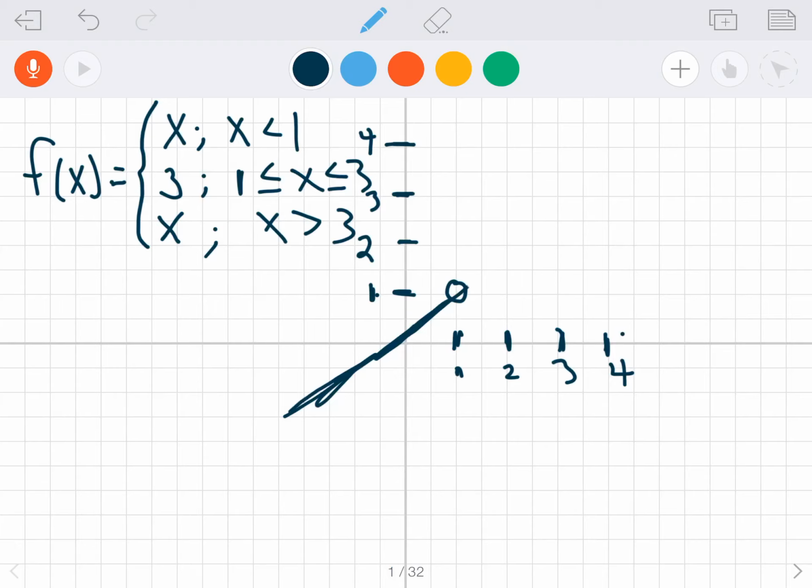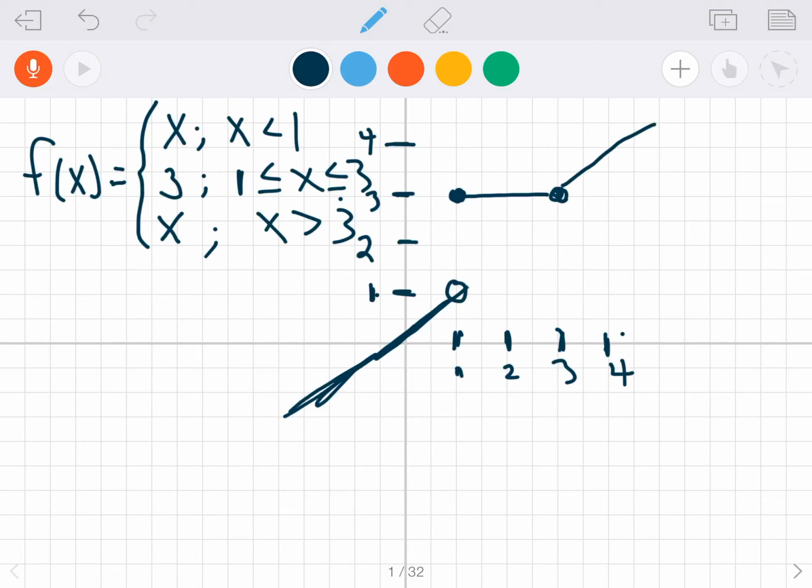Now the next one says 3, but it's when x is greater than or equal to 1, and less than or equal to 3. So we're going to jump up to our 3, and I'm going to put a closed dot here. And it's going to be equal to 3. So put a closed dot here and put a line there. Now it wants the identity function again, but this time it says 3 and continue on. So